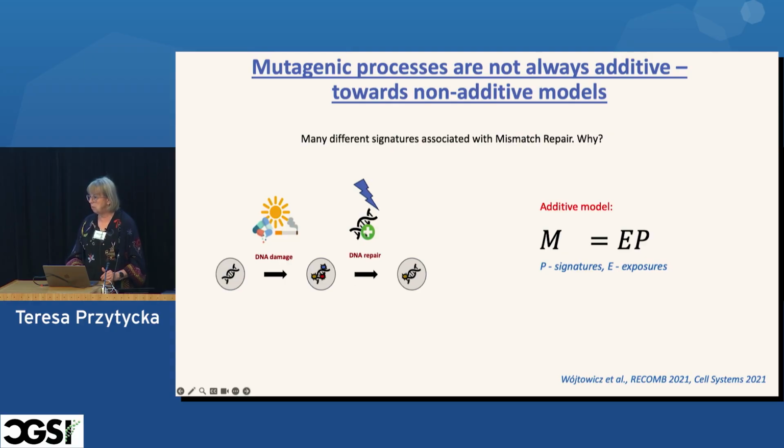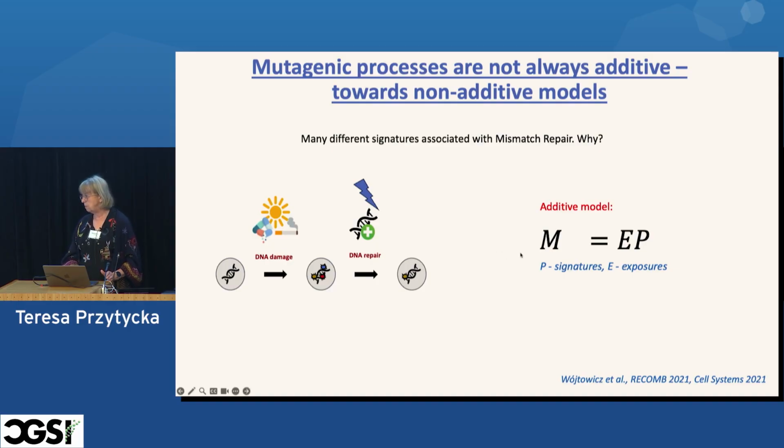Now, if this DNA repair is deficient, like mismatch repair deficiency, what is going to happen is that different DNA damage will be producing different final signatures. And we postulated that there are about 6 or more mismatch repair signatures in the database. So we postulated that this might be one reason for which we have so many mismatch repair signatures, because really those signatures are